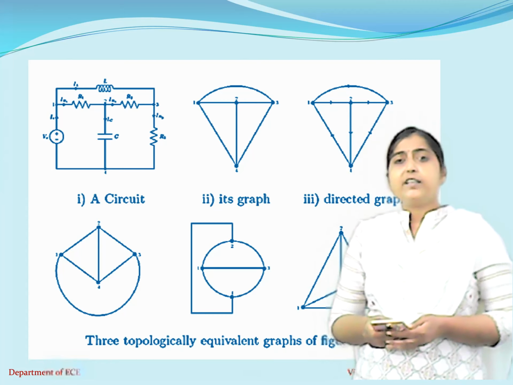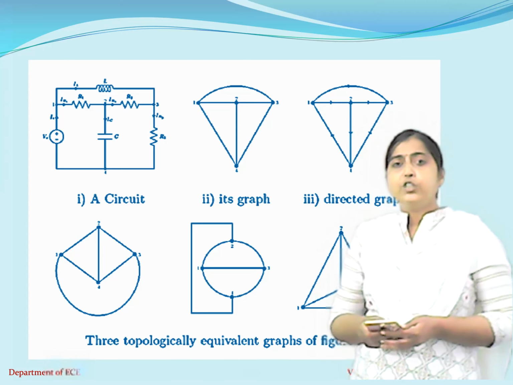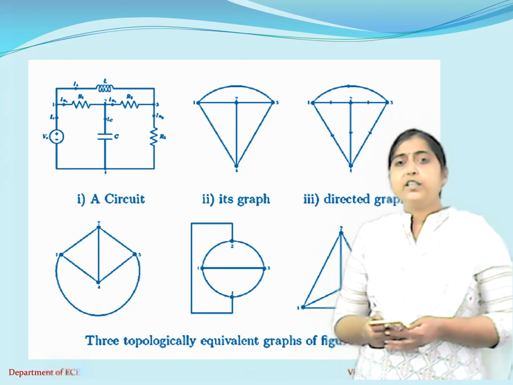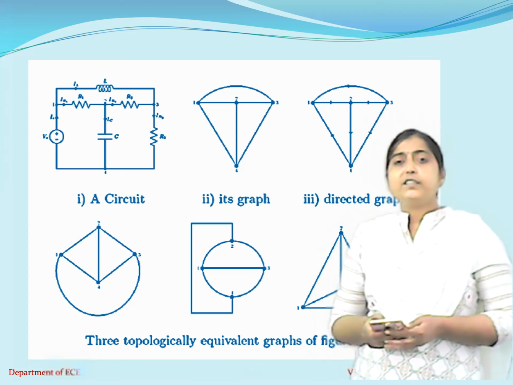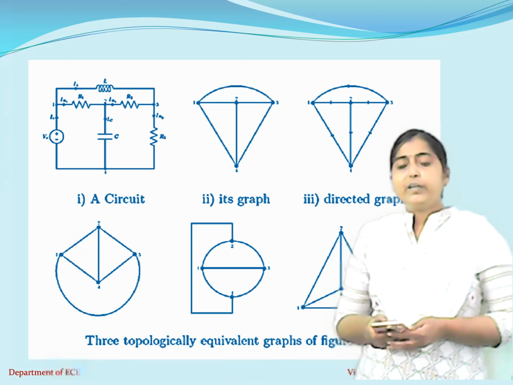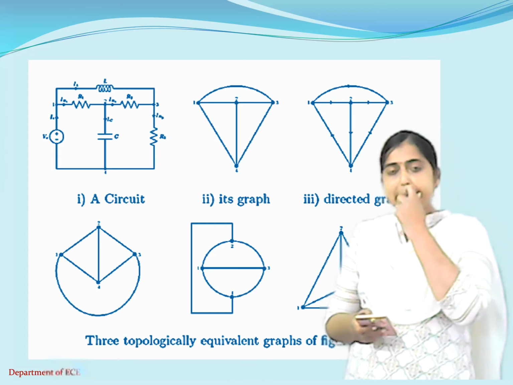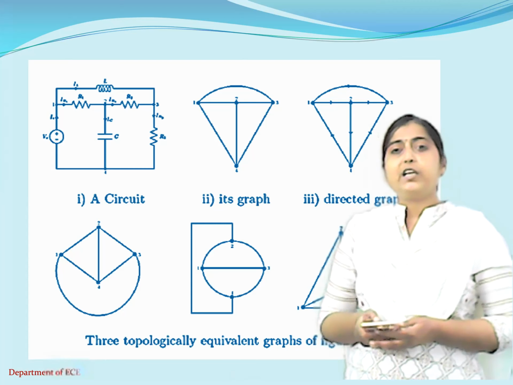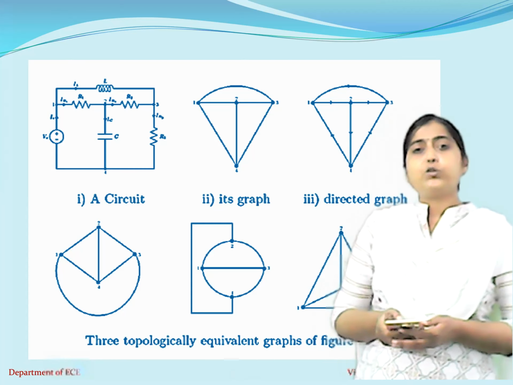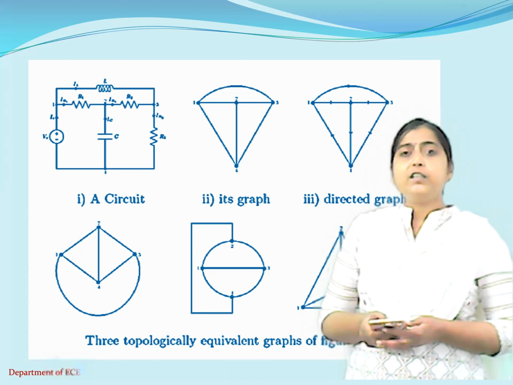So in order to draw the graph, first thing what you have to do is mark all the nodes individually. So we have 4 nodes, 1, 2, 3 and 4. Then after this, you see that all the elements which are connected between any 2 nodes have to be replaced with a line. But before you do that, you have to always follow the condition. What is the condition that we have is all the branch elements, that is resistor, inductor and capacitor, have to be replaced with a line. Voltage source has to be replaced with a short circuit and current source has to be replaced with open circuit.